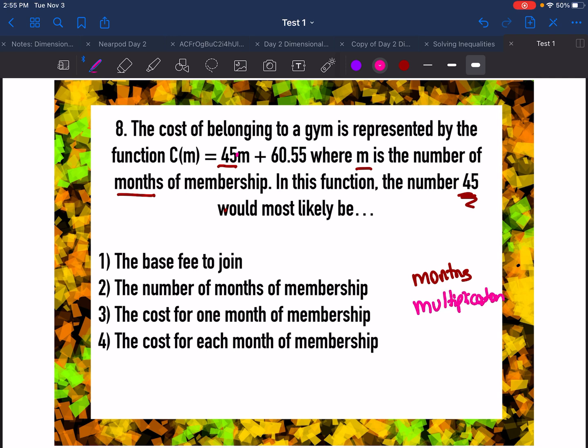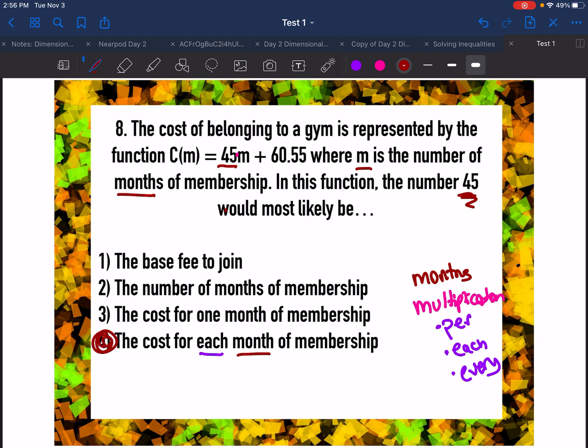And if you recall with these word problems, multiplication words that we are looking for: per, each, every. So let's look at our choices. I'm looking for a choice that might have per, each, and every. Well, the only one I see is each, and I know I wanted to involve months, so choice 4 would